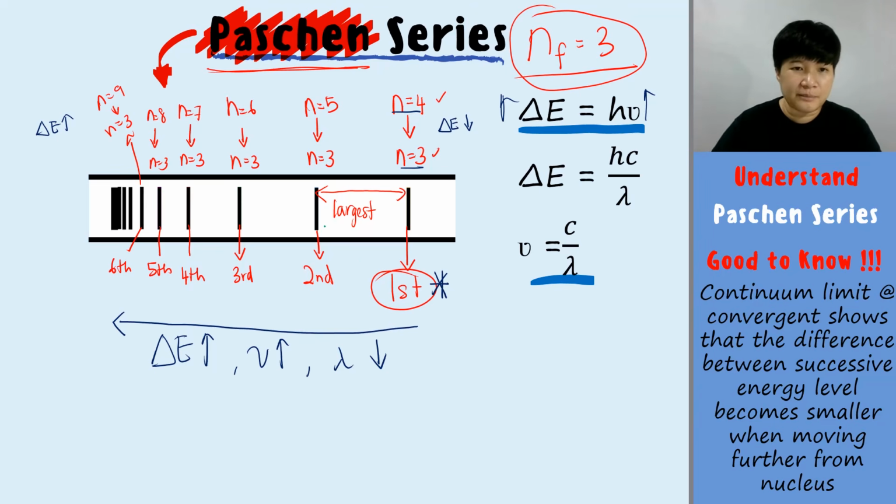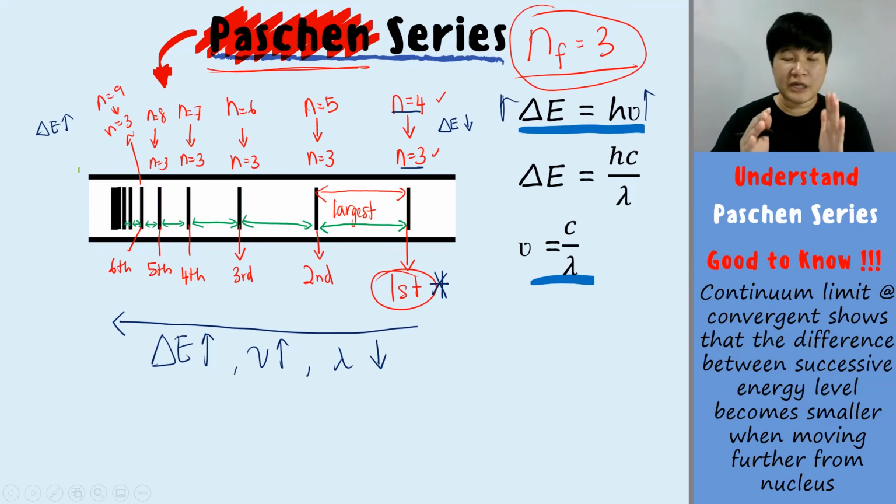Since everything is the same, right now I want to introduce something new into this line spectrum. Okay? So let's look at the blank area. Everybody knows that the blank area between the lines in the line spectrum shall get smaller. So you realize that the blank area right now becomes smaller and smaller. In other words, the lines in the line spectrum become closer and closer. So there will be a point where all the lines become too close to each other and you cannot differentiate which line belongs to which transition. Look at it. So there is a black whole thing over there because all the differences are too small, and that is what we call